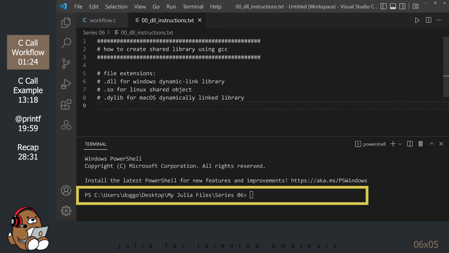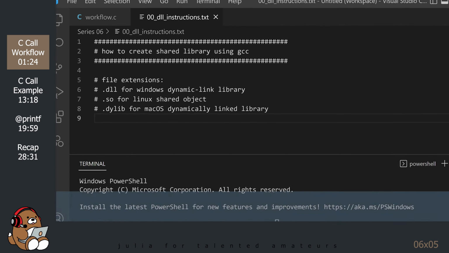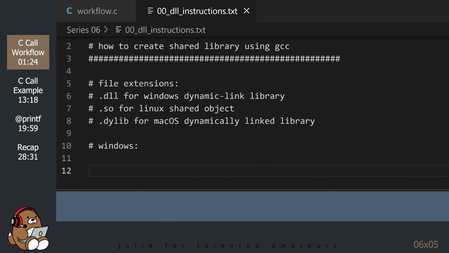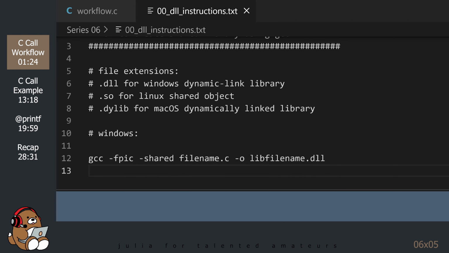In order to create a shared library, you need to enter the commands into the command line in the terminal window. I don't use the terminal window a lot, so I find it helpful to have these commands in a text file somewhere so I can just copy and paste the commands. The commands are not intuitive, so unless you're a regular user of the command line interface, it's easy to forget these commands. In any event, here are the commands for Windows. I'll provide an explanation after writing the commands for the different operating systems.